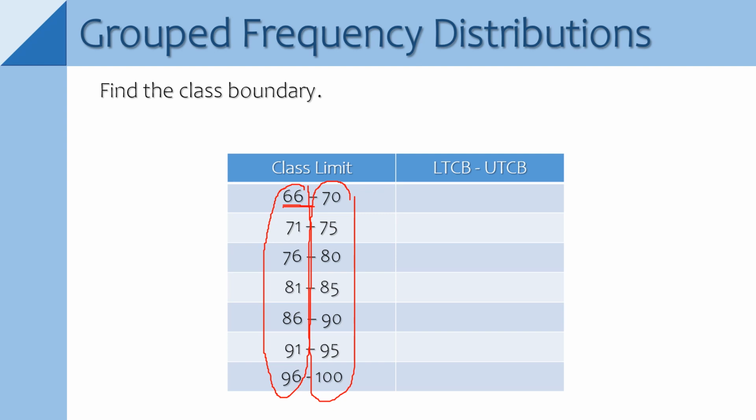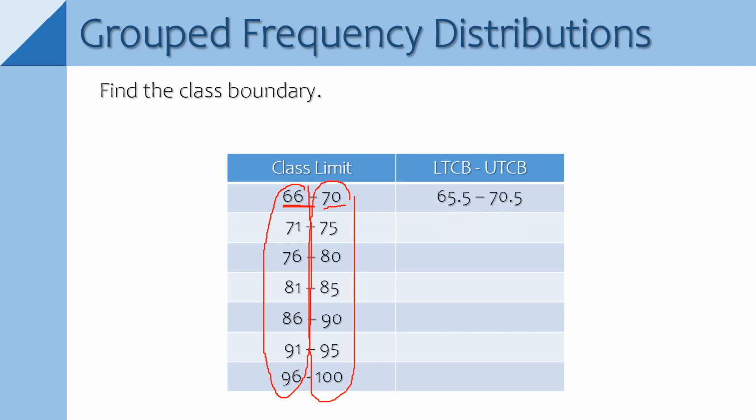So, 66 minus 0.5, so that is 65.5. And then, for the upper limit, 70 plus 0.5, so that is 70.5. So, therefore, for our first class boundary, we have